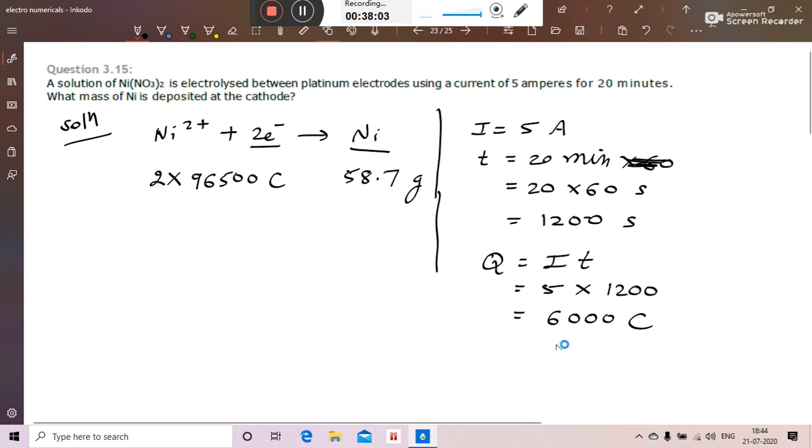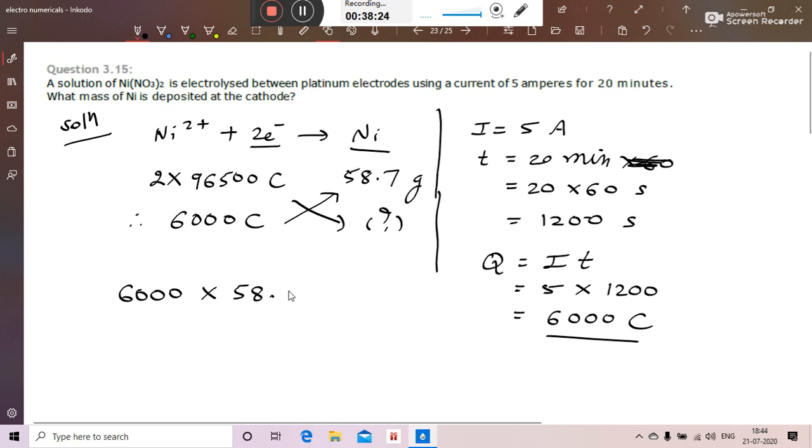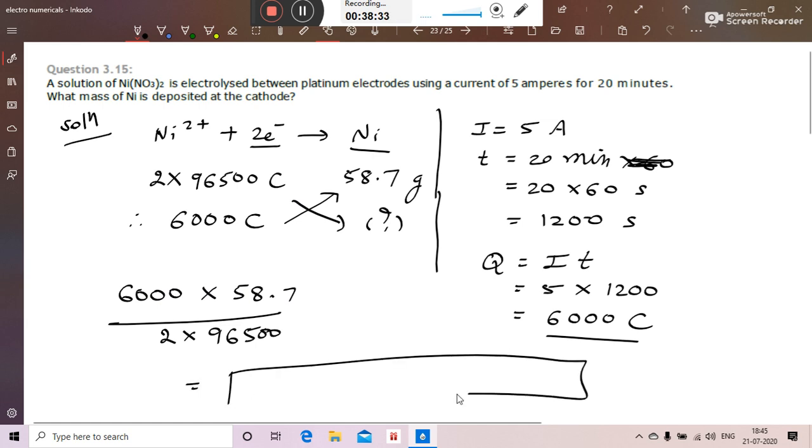Now from our question, charge is 6000 coulomb. So therefore 6000 coulomb should give what mass of nickel? So what mass of nickel should be deposited on cathode? So we have to do cross multiplication. So 6000 into 58.7 divided by 2 into 96500. So our final answer in terms of gram will be 1.825 gram nickel will be deposited